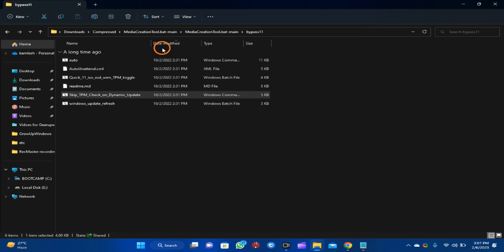And even if you are running Windows 10, after running this script, you can download the latest Windows 11 22H2 setup from the Microsoft website, extract it in a folder, and just double click on the setup file, and hopefully you will not get any error during upgrading your Windows 11 or 10 machine.